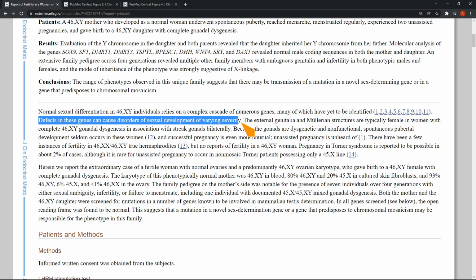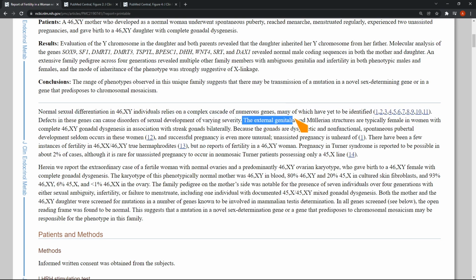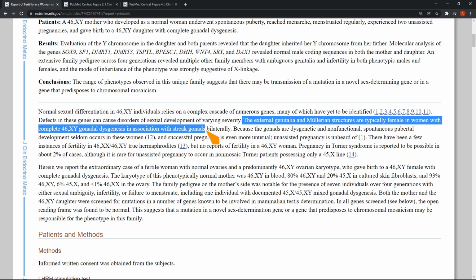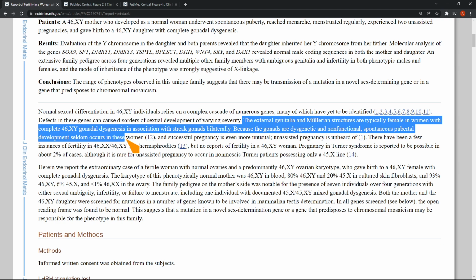And right here, we see these genes can cause disorders of sexual development of varying severity. The external genitalia and Mullerian structures are typically female in women with complete 46XY gonadal dysgenesis in association with streak gonads bilaterally. Because the gonads are dysgenetic and non-functional, spontaneous pubertal development seldom occurs in these women. What does that mean? So this is hinting at a